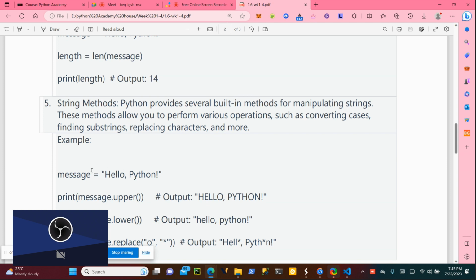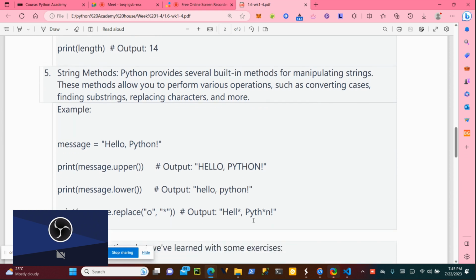For example, with "hello Python", I can change everything to capital letters. Say the message contains hello Python, and I use the dot upper method, which converts every output to capital. Maybe I want to change everything to lowercase, so I say dot lower, and it will convert everything to lowercase.